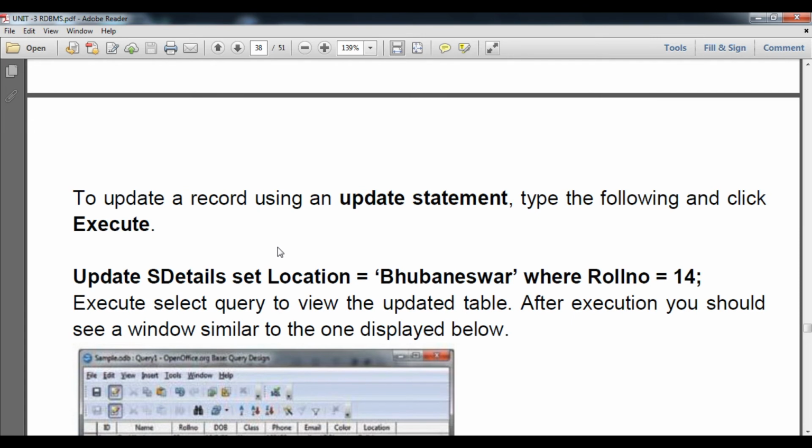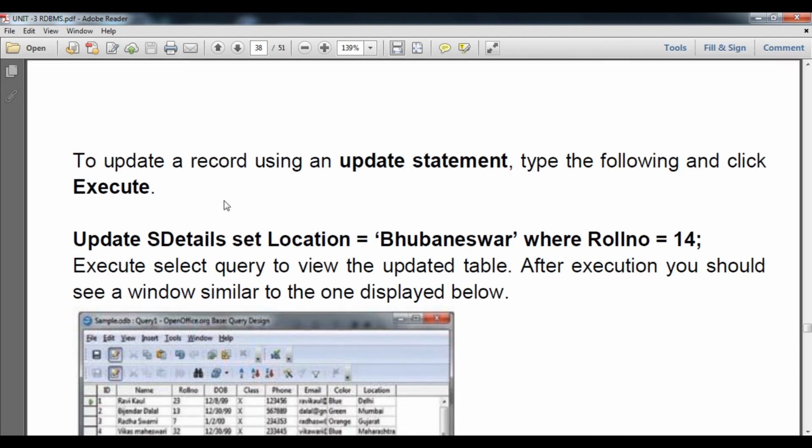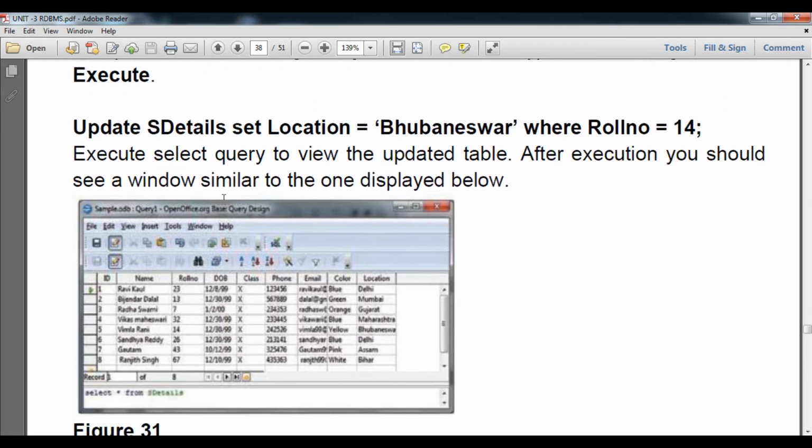So now we can see the example. To update a record using the UPDATE statement, type the following and click Execute. Students, here you can see UPDATE, then the table name sdetail, SET, which is also a keyword. location = 'Bhubaneswar', where location is the attribute.